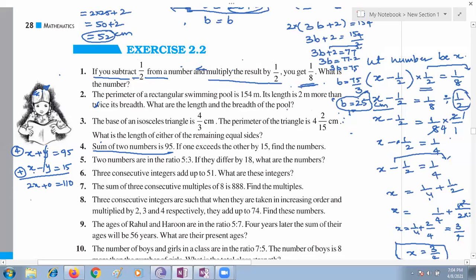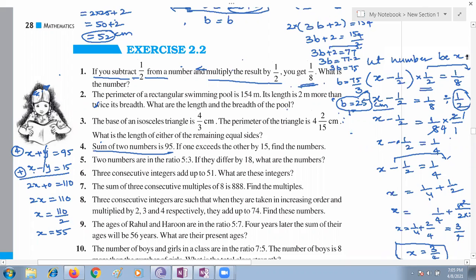Ma'am, yes, 2x is equal to 110. Ma'am, so x is equal to half of 110. It will be 95 minus 15, 80. Siddharth, minus 15, no? X is equal to... Ma'am, it will be minus 15. Yes, ma'am. 95 minus 15. Ma'am, in the answer, it is 2x plus 15. So plus 15 will go here and become minus 15. Yes, ma'am. One minute. 95 minus 15, it will become, ma'am, 80.